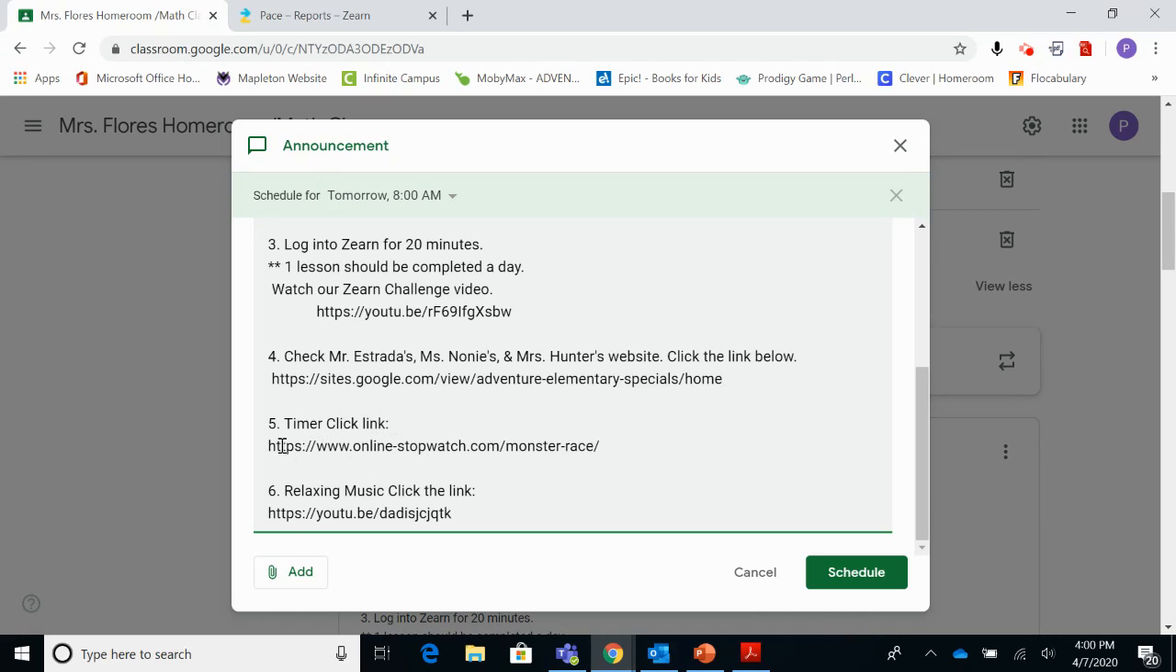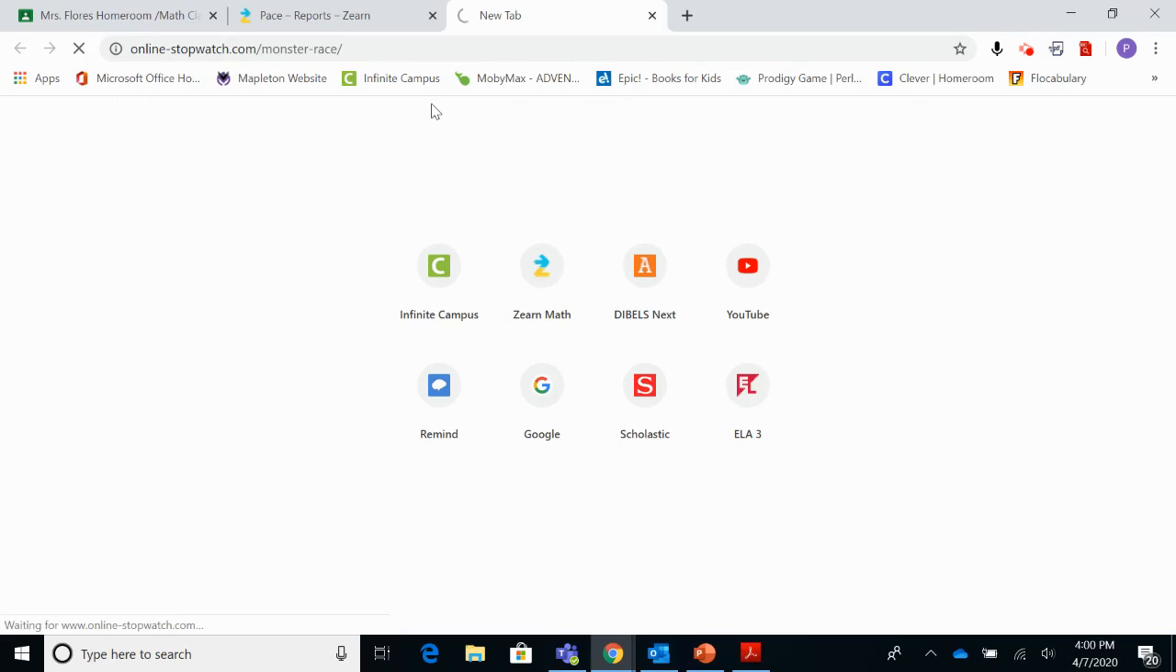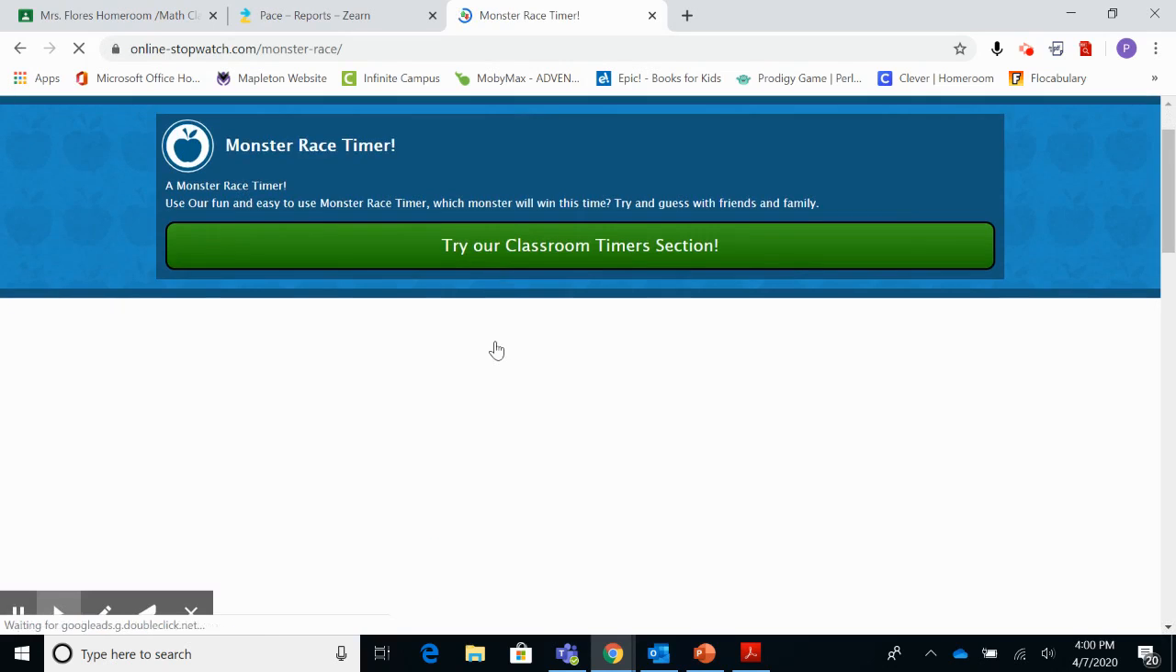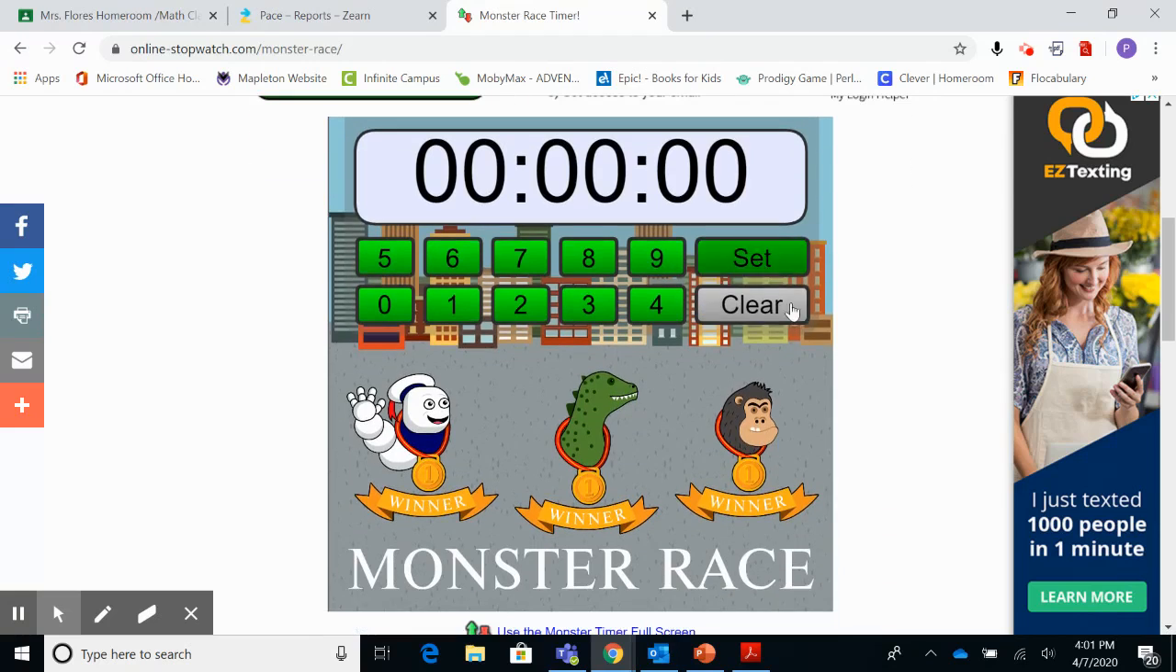Click this link. Once you click the link, it's going to take you to this website here. You scroll down a little bit. Okay, so you should see this little timer. So we're going to put 20 minutes. If you put 20, that means it's 20 seconds. You need to put 2 more zeros, and that would be 20 minutes. Then you can click set